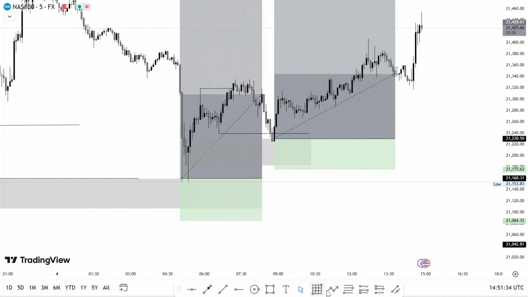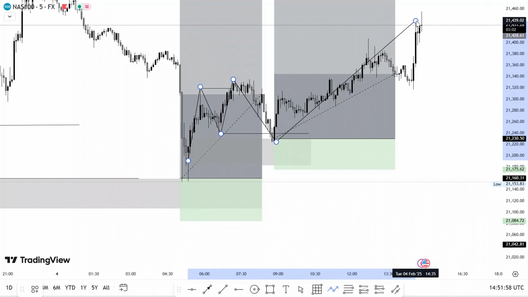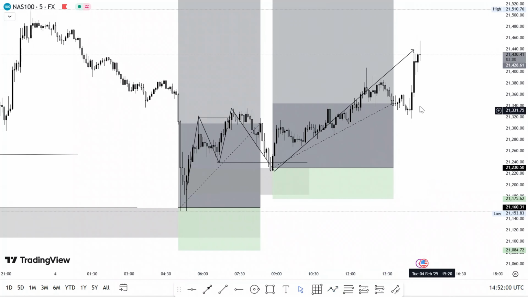Now after the minor break of structure, the market went up. It came down to give us this pullback. Then it broke structure. Now, just exactly as the rest, what we're expecting is for the market to come sweep out this pullback, tap into this available order block before moving in the actual market direction. So you see that